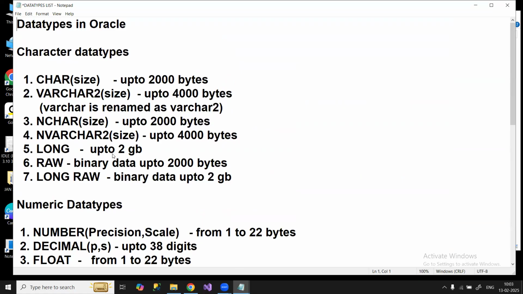Char and varchar 2 works with. You can write in the last, after the data types list, you can write a note. You can give a note and you can write: Char and varchar 2